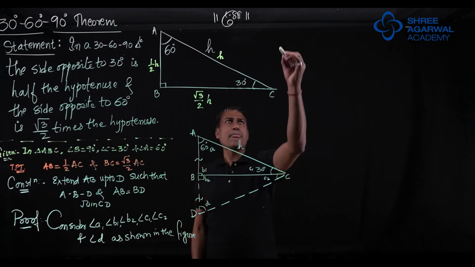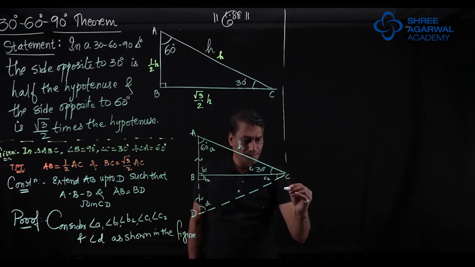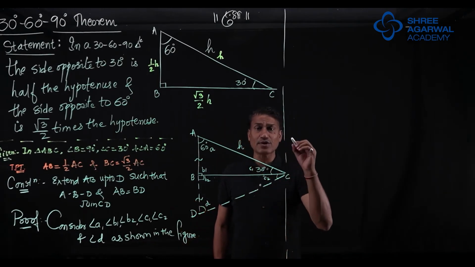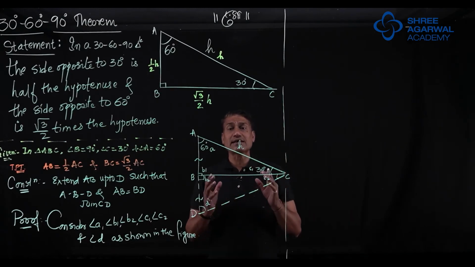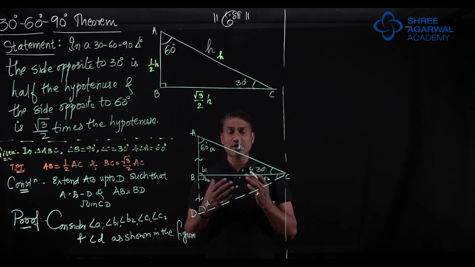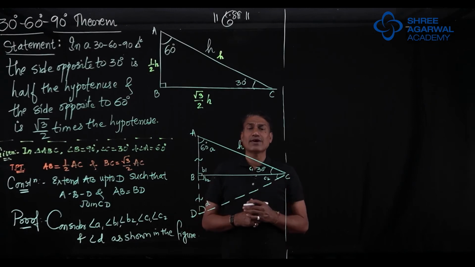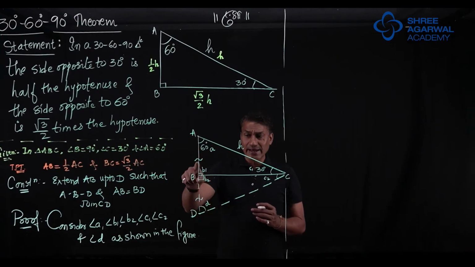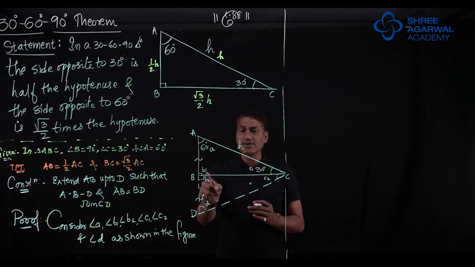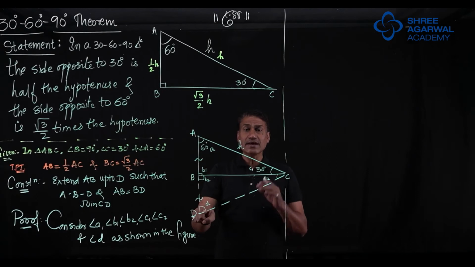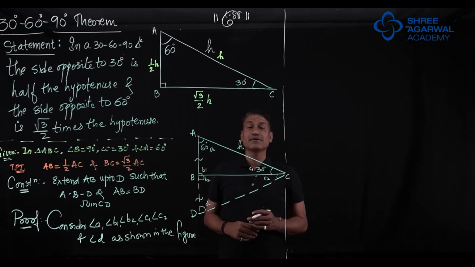Now we say, what do we say? In right triangle ADB, see when you are writing, see that you are writing the correct correspondence. If your correspondence goes wrong, then they may deduct marks and even your solution may go wrong. You may not get the required proof. So if I am saying triangle ABC, I should say DBC. If I am saying CBA, I should say CBD. If I am saying ACB, I should say DCB.